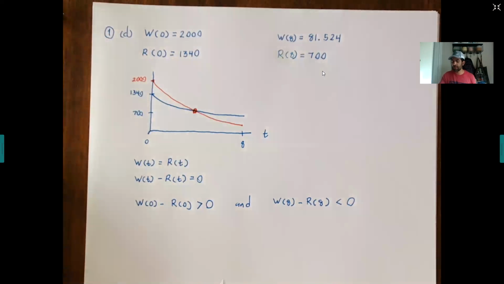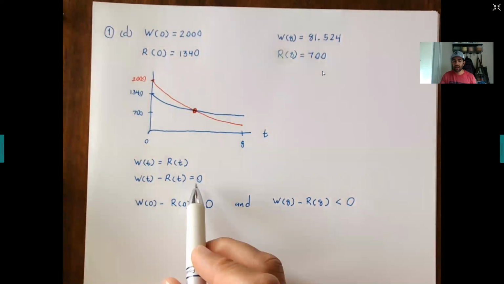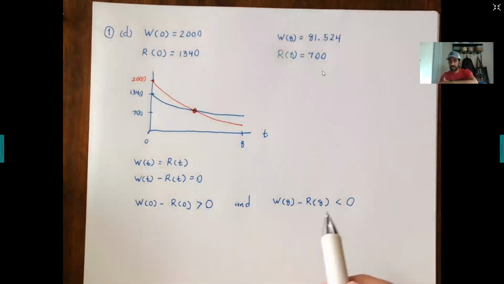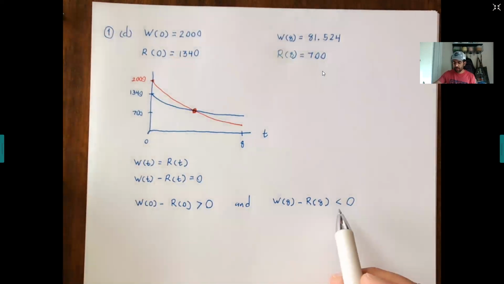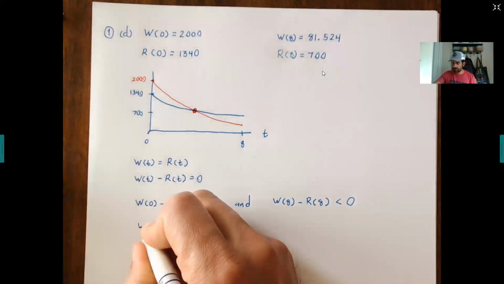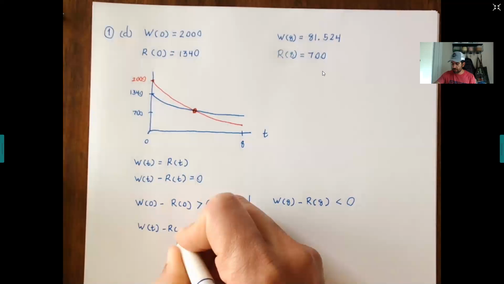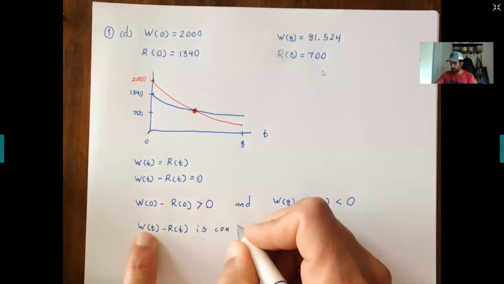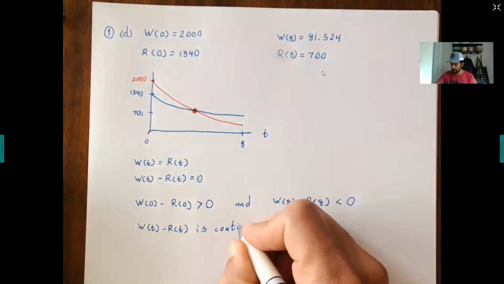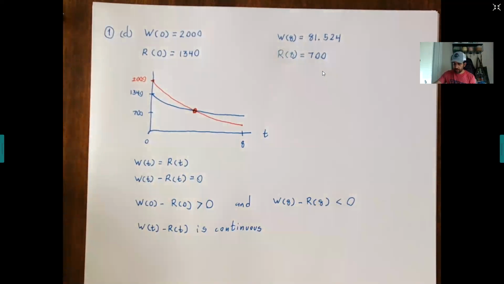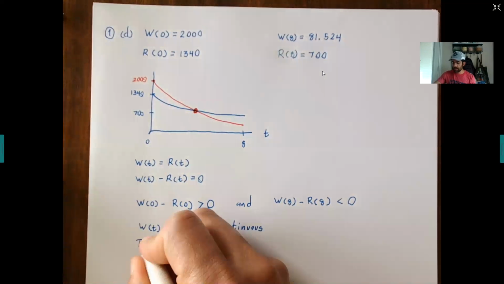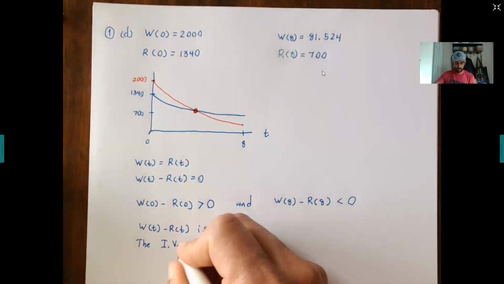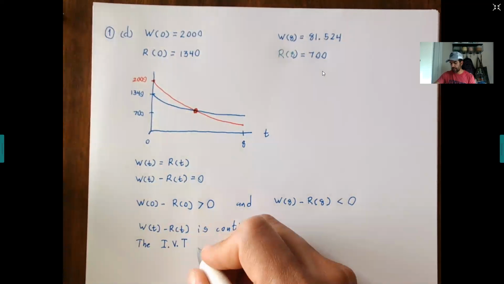Now, if I want to know where something's 0, all I have to say is that at some point you're above the x-axis, and at another point you're below the x-axis. Does that make sense? So you have to write this: since w of t minus r of t is continuous, so basically we're considering this one function, it's continuous. Then you can say the intermediate value theorem guarantees,